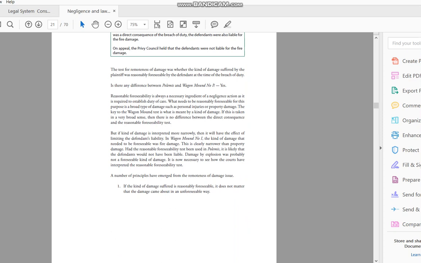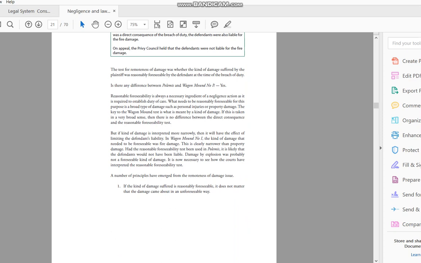If the kind of damage suffered is reasonably foreseeable, it does not matter that the damage comes about in an unforeseeable way. Let's say there's an example here. You accidentally set a fire, and then some damage was caused. But in between, there was this wind that blew, like, let's say your house is on fire, and then the neighbor's house caught fire, and the wind was the one that blew it in that direction. It does not mean that